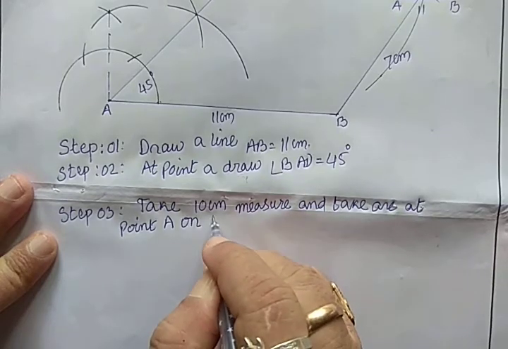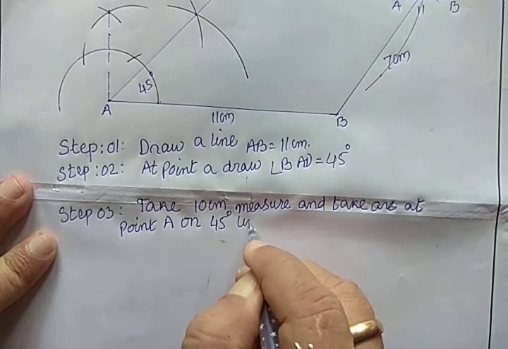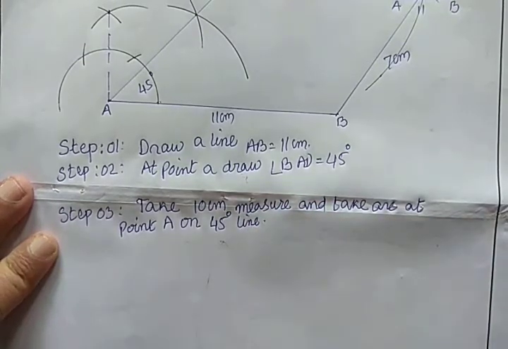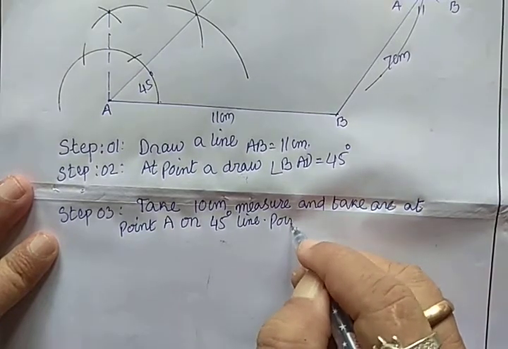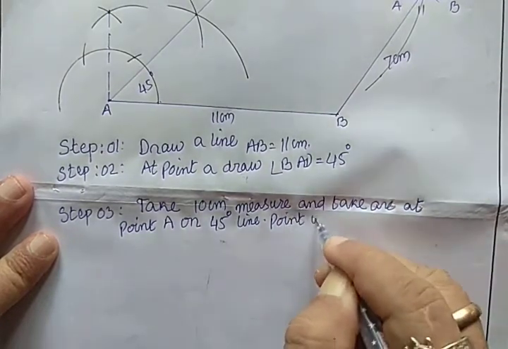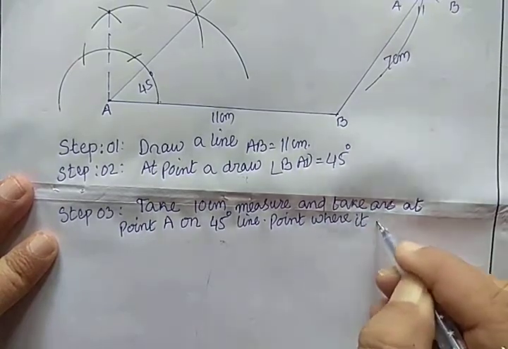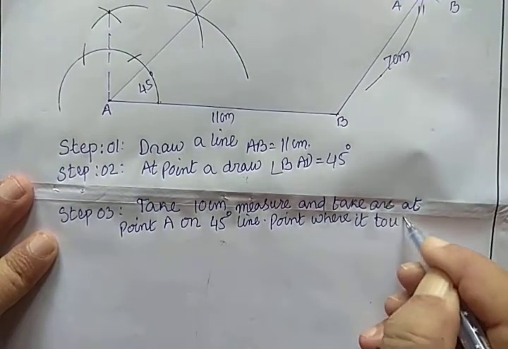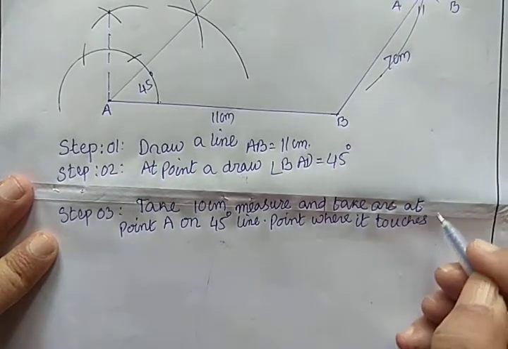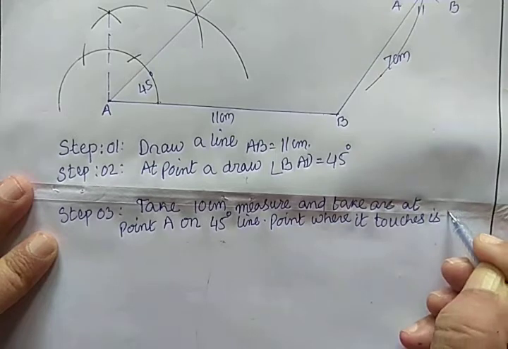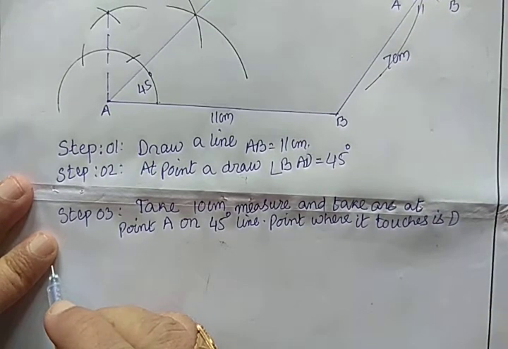BAD line, on 45 degrees line. Clear? The point where it touches is D. Clear? Next,